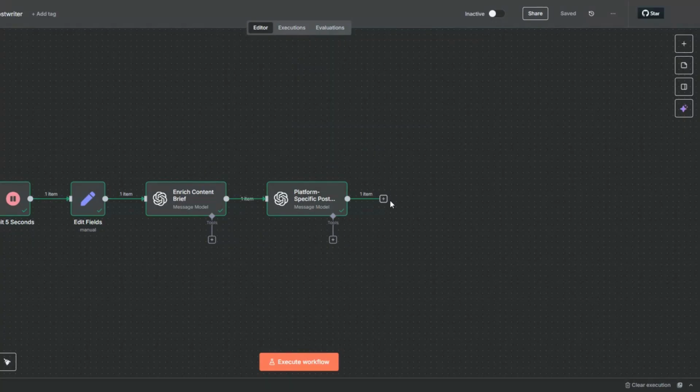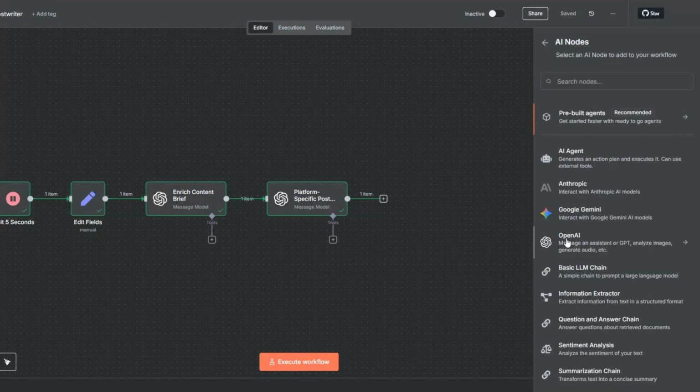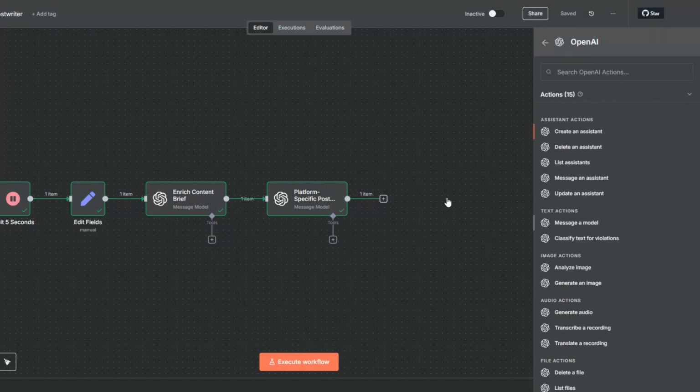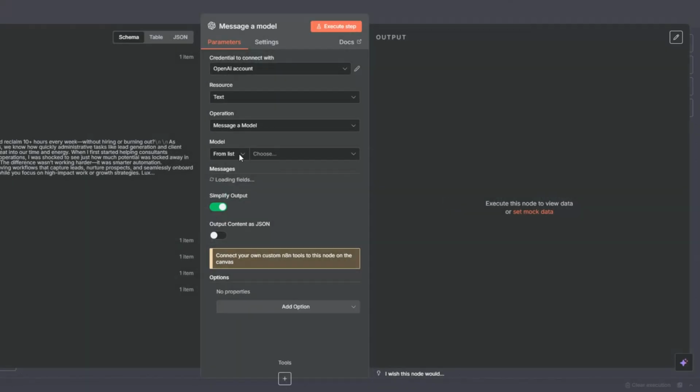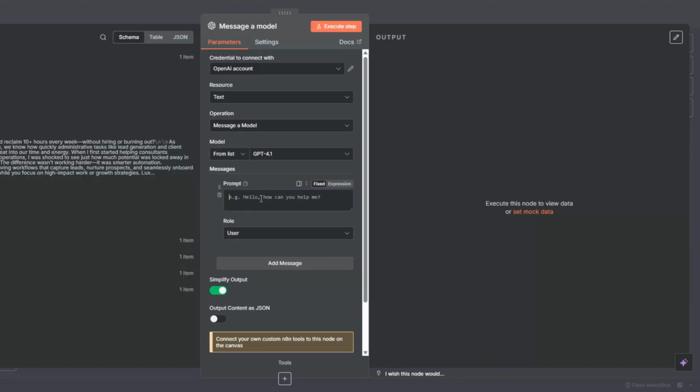Now the next thing that we can do right here, we can try generating an image to accompany our post. To do that, we're going to use our post right here to generate a prompt that we're going to use to generate an image. So here, I'll click on AI, then click on OpenAI again, then I'll click on message model again. Here, I'm going to choose our model. I'm going to choose 4.1 mini. And then here, we're going to add a prompt